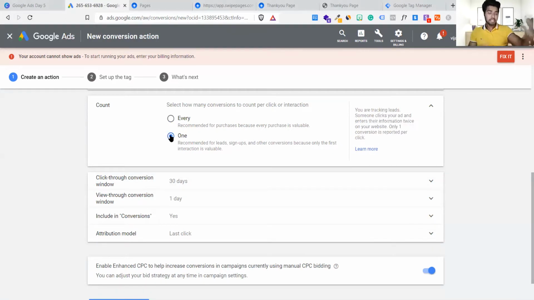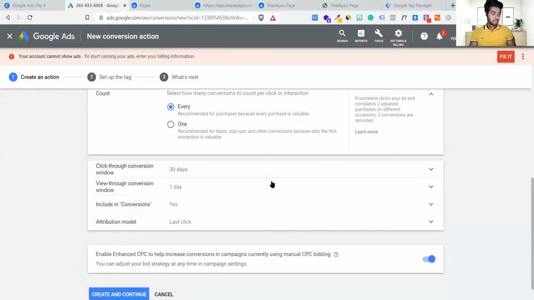And if it is a lead, it will always be one, because you can submit the same lead form 2 or 3 times, but I will count you as one. But the moment you buy multiple times by paying something, I will count every purchase and track what the ROI is and all. You're getting it? That's how this works. Are you guys clear how count works?